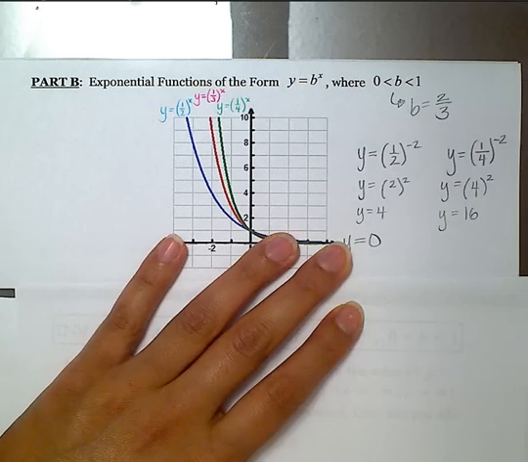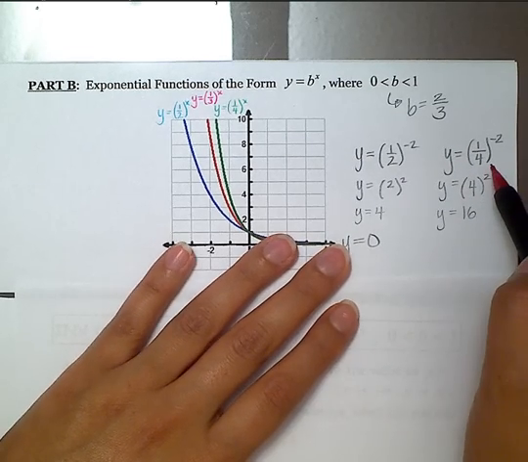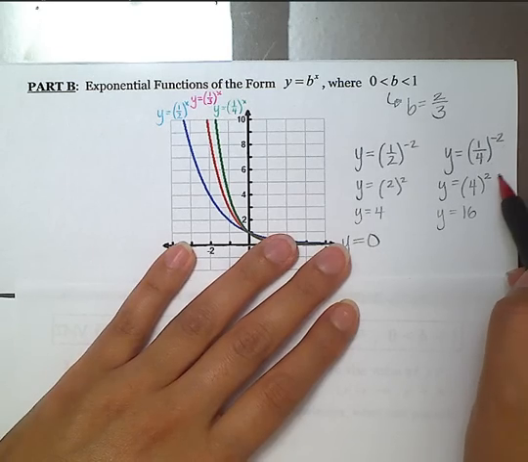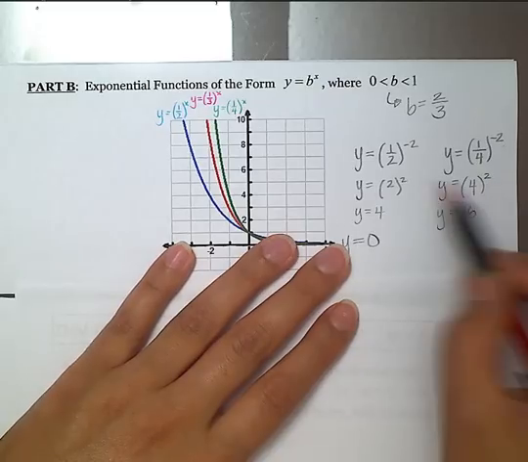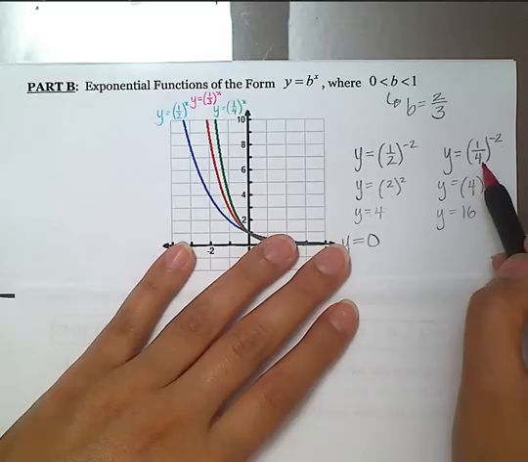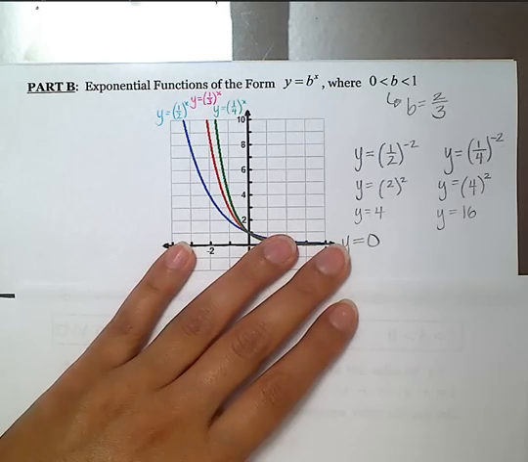What you'll notice is, even though this base is actually smaller, for negative values of x, as soon as I write the reciprocal to a positive exponent, what this ends up creating is a larger base than the previous question. So the reciprocal of a small number is a really large number, and if you apply an exponent to it, you end up getting a much larger number as a result. So what happens is,